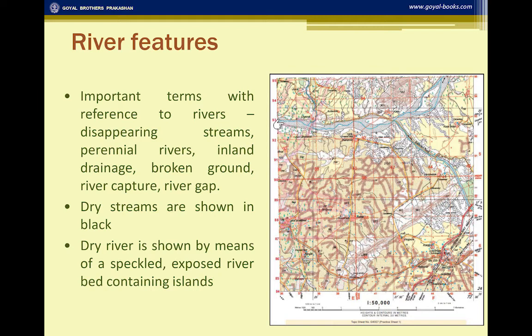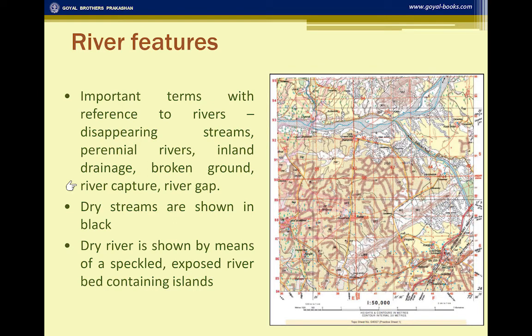Broken ground is here in this grid square 9679. What is broken ground? Generally it is found in the dry or arid region. You can see this area is arid region because mostly the sand features are there. The area is dry. Whenever there is rain, the topsoil is washed away and the area is left with the subsoil and very uncultivable land. It is found only in arid or dry regions.